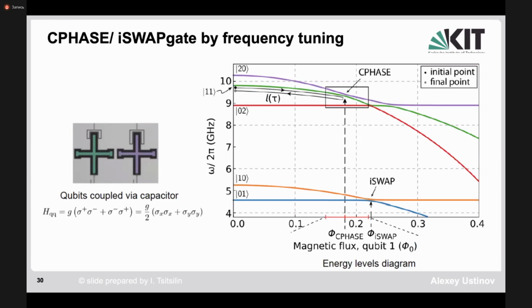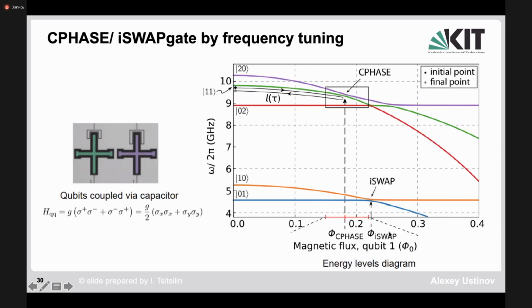Yet another example of the two-qubit gates is the two-qubit gates which can be achieved by coupling the qubits directly. This is the capacitive coupling between the qubits shown here, described by this Hamiltonian. This is the coupling of two qubits directly. And then here you see again the picture of the